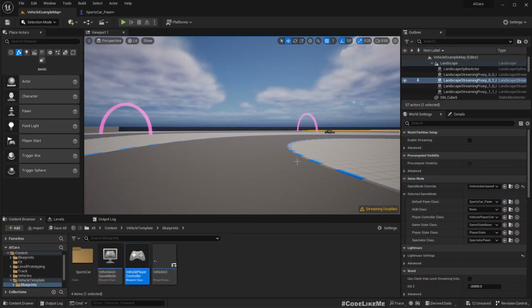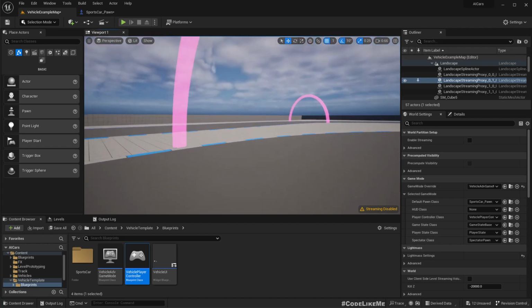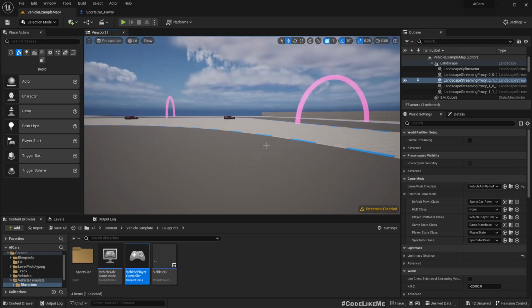Okay, now if I want to have a meter for the nitrous, so that we can prevent having an infinite nitrous supply, it would be limited, and also it should be regenerated. So to achieve that,